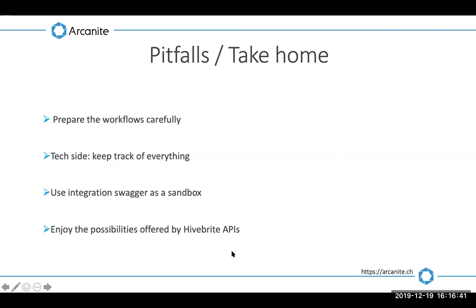Let's see here. I got a couple more questions. John Napoleon asked, does Hivebrite offer webhooks or is polling the API the only way to determine changes in data? That's a good question. As of today, we don't offer webhooks. However, I do know that it's in discussion on the product team for something they're interested in releasing at some point in 2020. I don't have specifics around timeline,